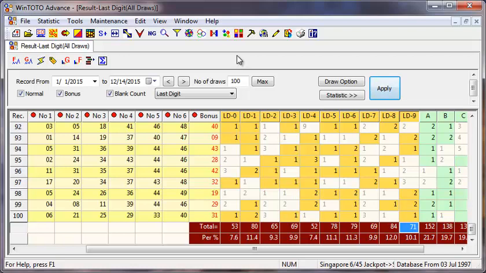But most important thing, you must be clear what you want in order to do. Alright. Now, I want to share with you as well that in WinToto Advance, as I mentioned, we have reverse scan as one of our forecast features. We have altogether 4 right now. The reason why we developed 4 is because we feel that if we rely on one, it may not be a good choice. So once we have 4, we have another 3 more forecasts for ourselves. I think it is better for us to have more. But before we could have more, we must have this thing called a tracking system.